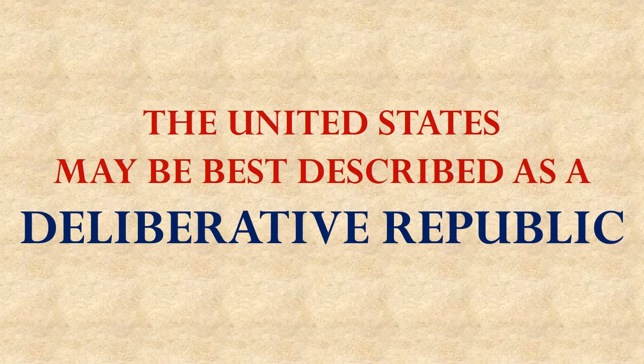Taken altogether, the Founding Fathers' design for the government of the United States may be best described as a deliberative republic. In such a system, though the ultimate power resides with the masses, they cannot directly exercise that power, and they are even prevented from forcing their representatives to give them what they want, without consideration of other interests, no matter how intensely the passions of the masses may be inflamed.